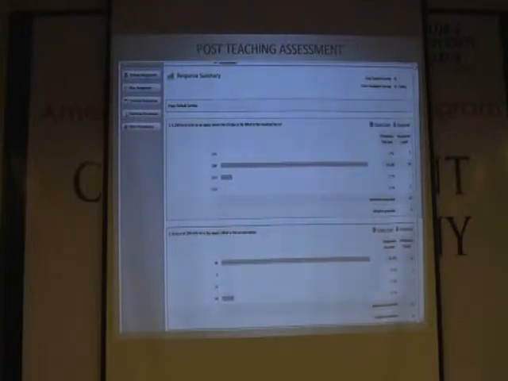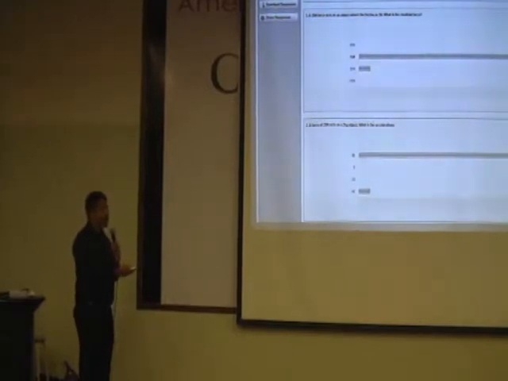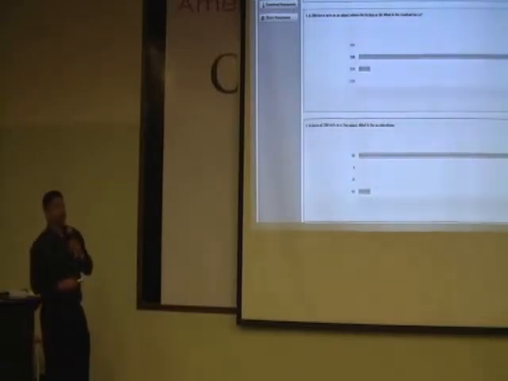And after the lesson, we can also use the survey to find out their understanding. At the end of the lesson, the students take the survey again, and we can pose a few questions to find out whether they have understood the learning outcome. If they find that they got the concept wrong, then when I go to the next lesson, I can use this to recap. I found out that a couple of you made mistakes, so this is how you have to do it, and so on. Or perhaps I can call those students out and have a personal discussion with them. So this is quite a powerful tool to find out the understanding of students